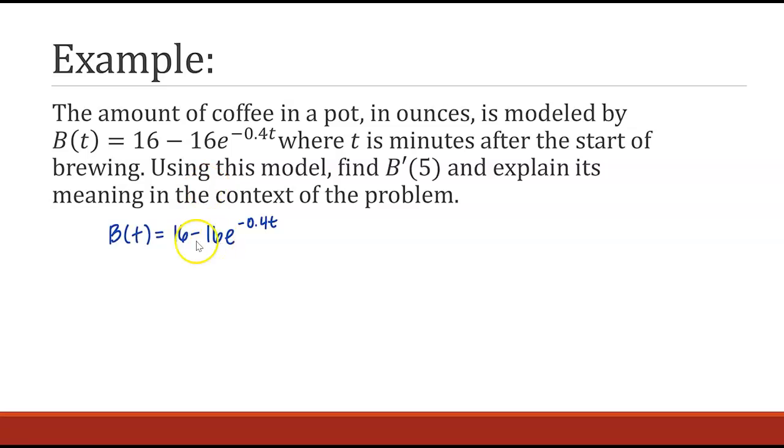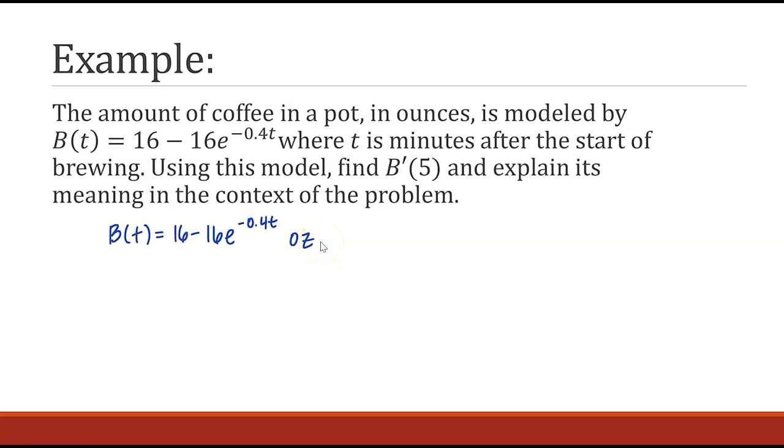I have an exponential decay function here since the growth rate is negative. And this models the amount of coffee in ounces after t minutes of brewing. So the output units here would be in ounces. So if we plug in 5 into b of t, that would give us an amount of ounces. So at 5 minutes, so many ounces